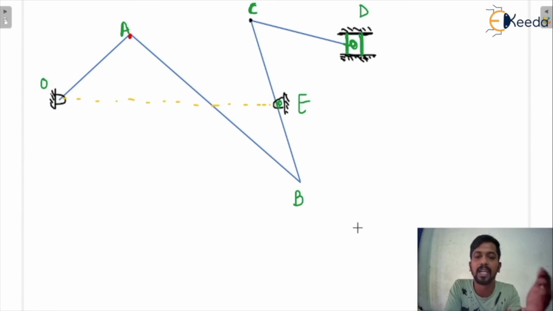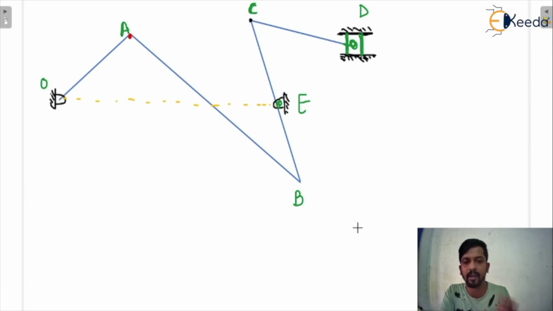You can calculate the relative velocity using the general procedure, or you can calculate the velocity using the velocity diagram. In the beginning, the velocity diagram method looks somewhat difficult, but as you understand it properly, it would be easy to solve the questions using that method. Okay, so we will do some questions, so that you understand how to calculate the velocity using the velocity diagram method.